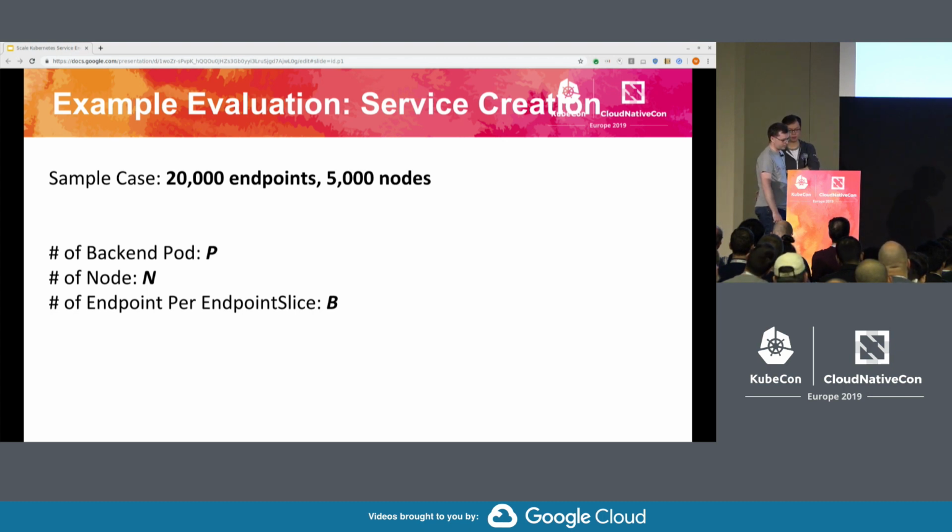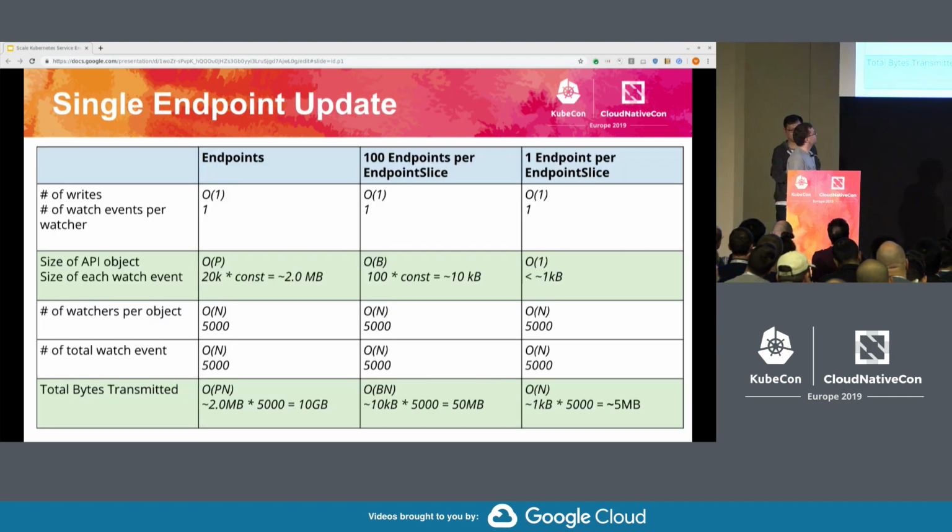And the scenarios that we are going to evaluate are the current design with a single endpoints object, the scenario with 100 endpoints per endpoint slice, and the scenario with 1 endpoint per endpoint slice.